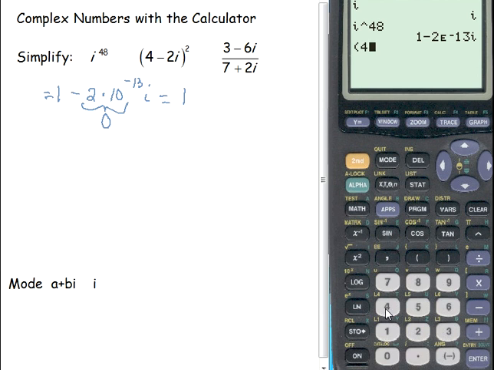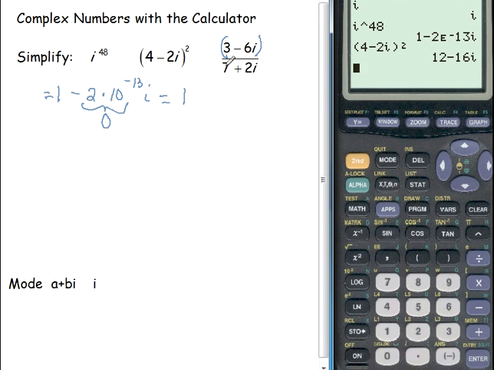Open parentheses, 4 minus 2I, and we're going to square it, and we'll get our answer. And this time we get 12 minus 16I. So we're able to check a problem like that. And then let's do the last problem,